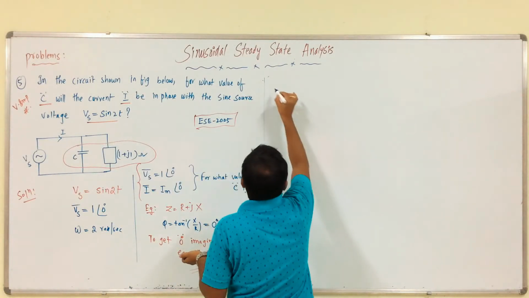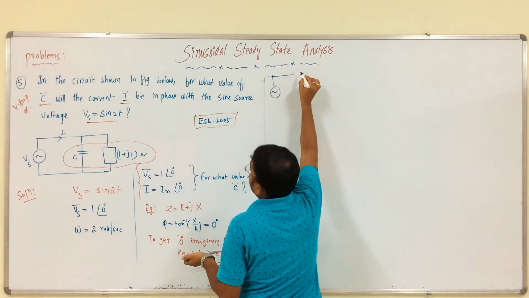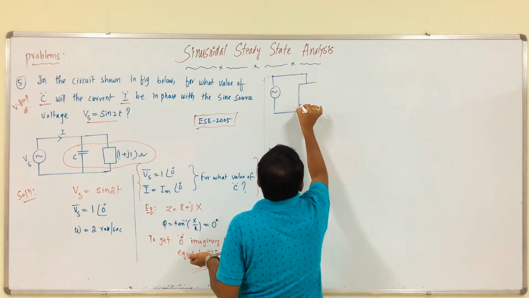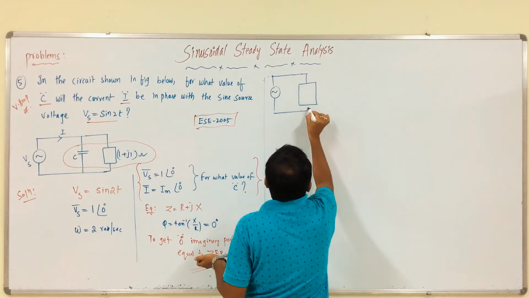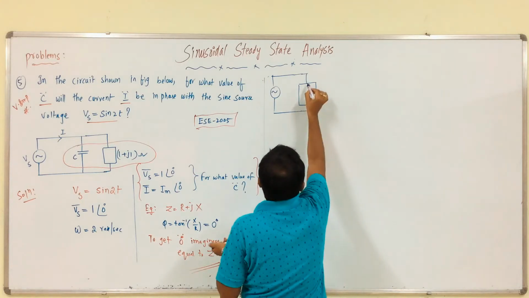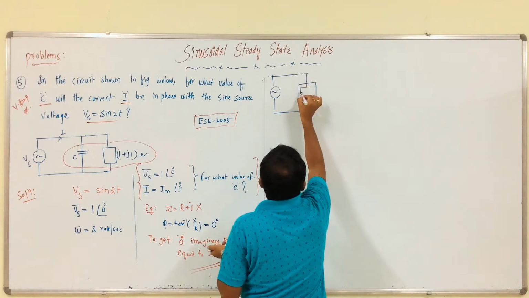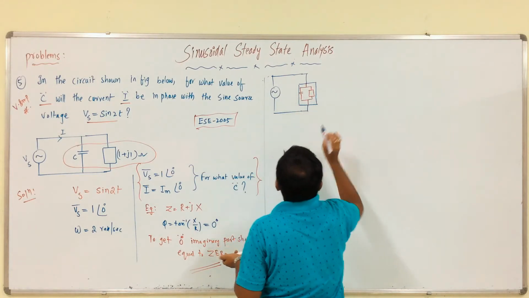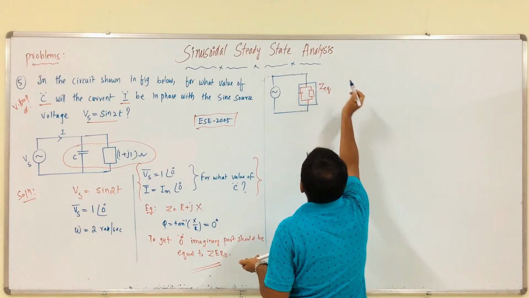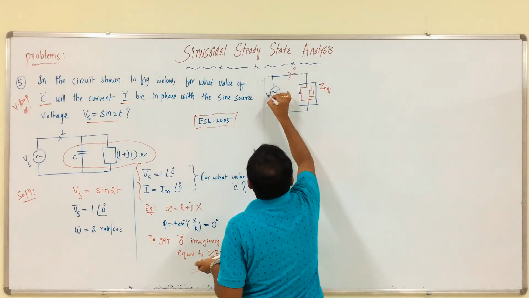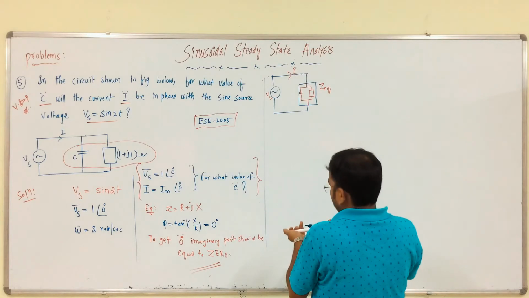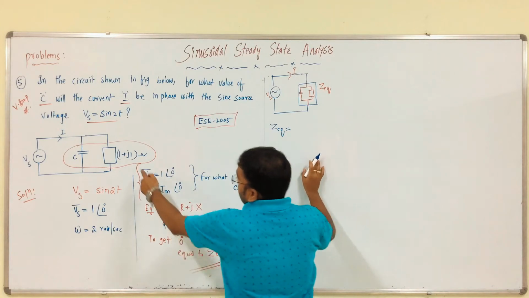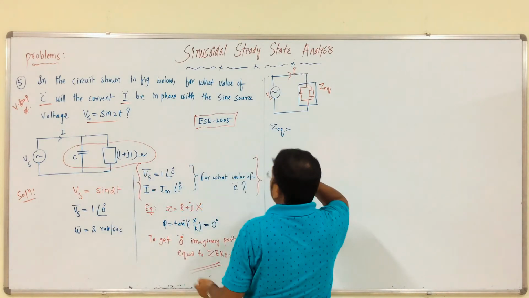The circuit should be, this is what? In this we have a capacitor connected in parallel with that branch. Clear? This is called Z equivalent. This is the current, this is the supply voltage. Now it's clear. Then Z equivalent is equal to, these two are connected in parallel, therefore that is 1 by